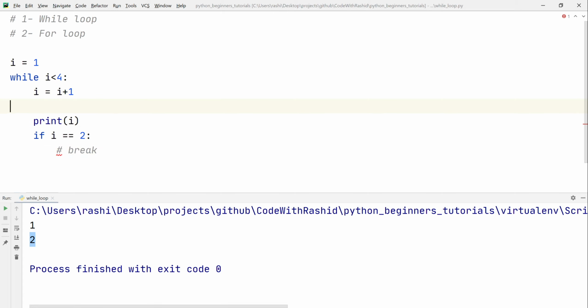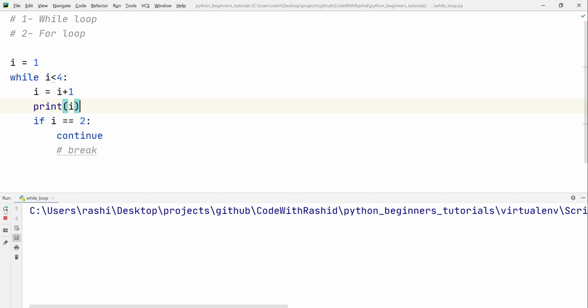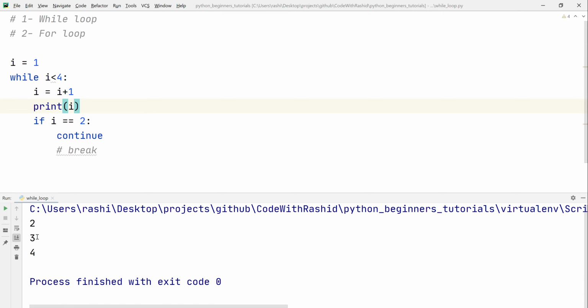and instead of break we shall write the continue statement, continue. Now let's run this program again and see the output. In this case we have only got the value of 2, 3 and 4. So what's happening here? First of all,